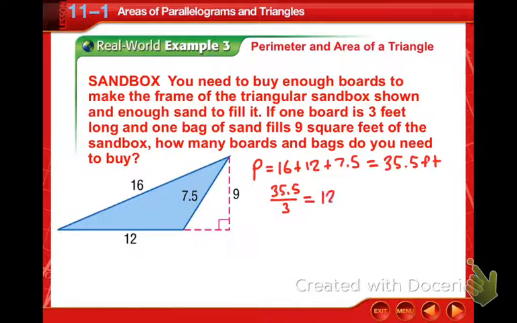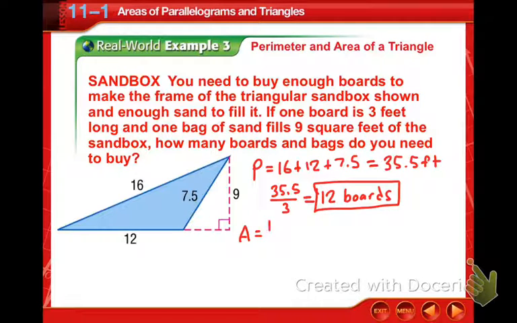So we would need 12 boards to make it. We can't buy a portion of a board, so we have to buy 12 boards to make our sandbox the way we want it. Now, for the area,